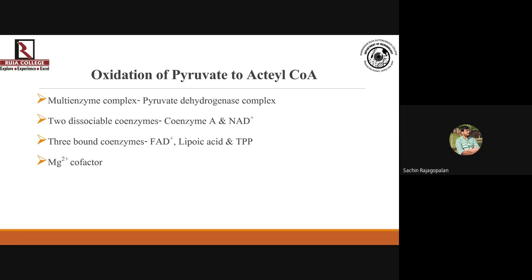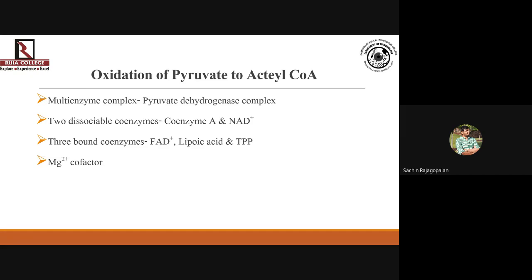That is to convert pyruvate to the level of a substrate which could be taken into the matrix of mitochondria. That's the ultimate goal. Okay, so there are multiple enzyme subunits. We'll be seeing what those enzymes are, but right now let us understand that it's a complex of different enzyme units. There are multiple coenzymes working over here, out of which, there are total 5, out of which 2 are